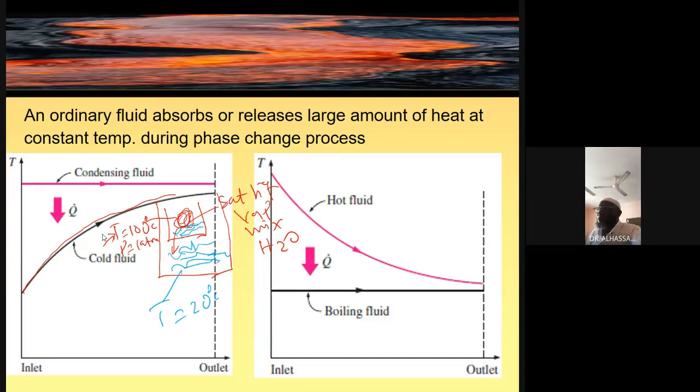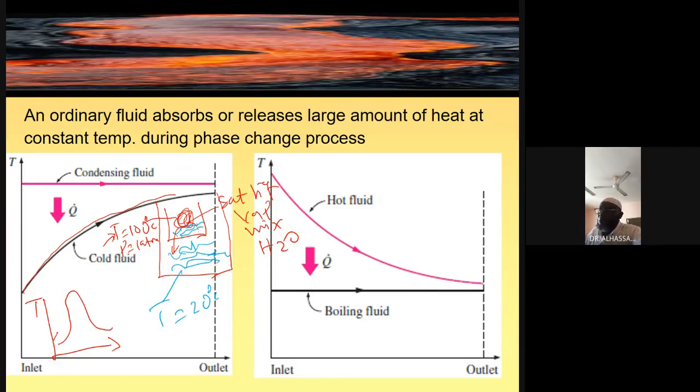It has two phases. Whenever you have two phases, if the fluid is undergoing a change of state, the temperature remains the same, pressure also remains the same. This is what we call condensation. And until all the vapor has been condensed into liquid, the temperature will never change. For example, if you look on our, let's say,